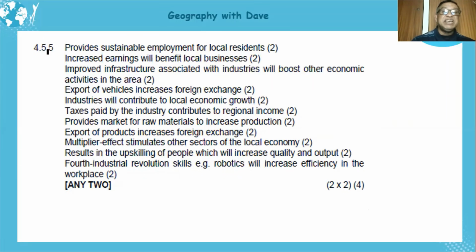Provide sustainable employment for the local residents. Is that economic? Yes. Can you see it? Increased earnings that will benefit the local businesses. Because now they have more money, businesses prosper. Is that economic? Yes. The improved infrastructure, because now all these infrastructures are getting bigger, more business, more investment, the port